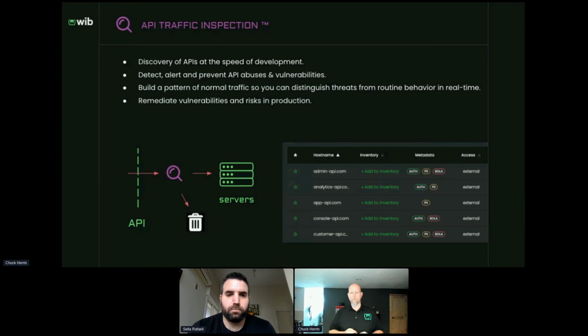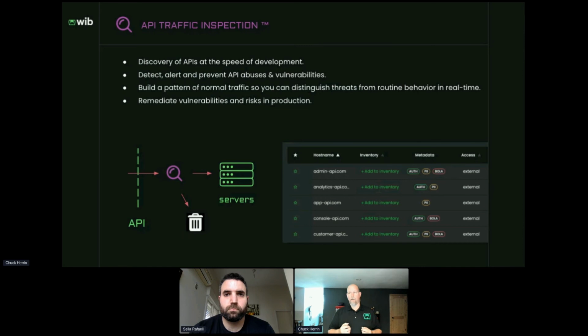Many companies do not have that insight into what's going on in their production API space, who's doing what to what via what. And the traffic inspection really is the backbone of how you get that knowledge and build your own threat model as to what normal behavior looks like in your space, what normal inbound, outbound, east, west, north, south traffic looks like in your API ecosystem. And then you build patterns and norms and behaviors, and you can train the machine learning algorithms to really, when something looks unusual, like if you have the traffic inspection running and we hit it with the attack simulator, it lights up like elephants coming down Main Street, right? That's all kinds of unusual behavior that you wouldn't expect to see.